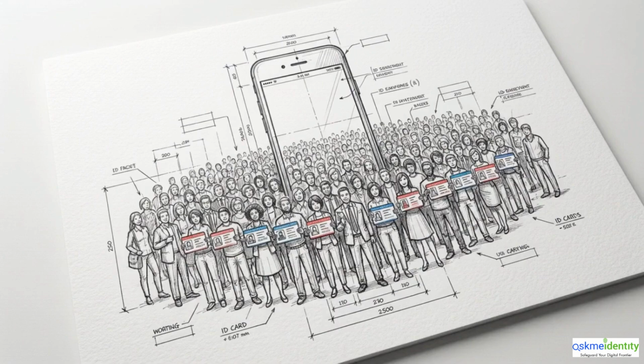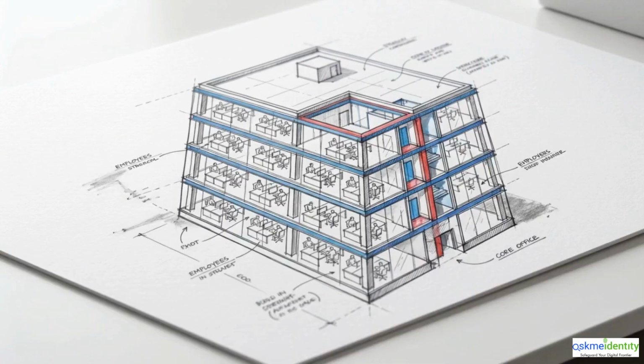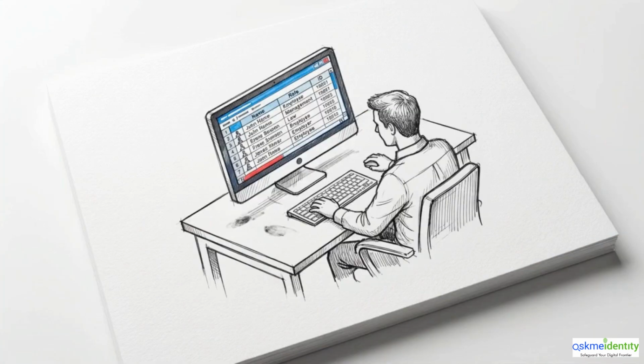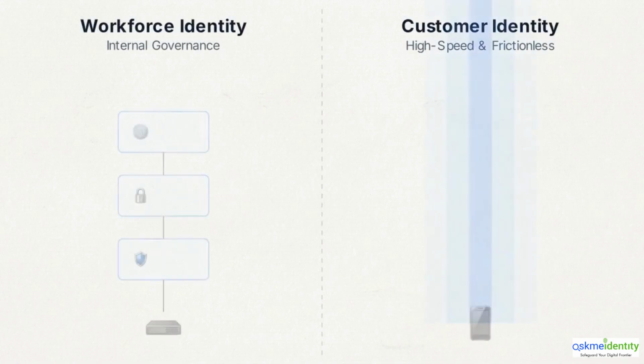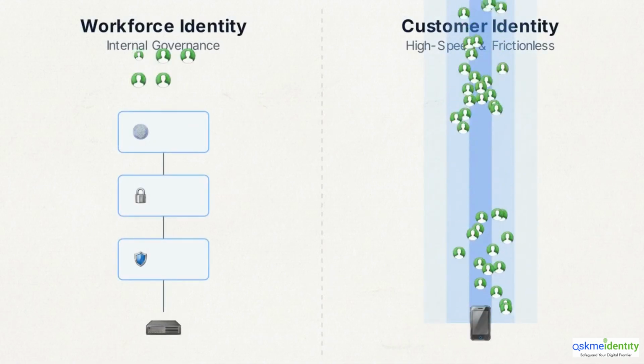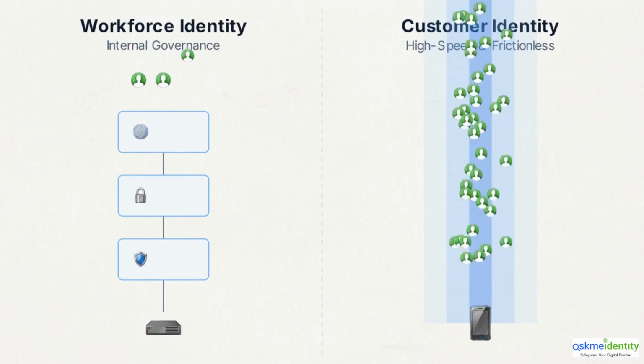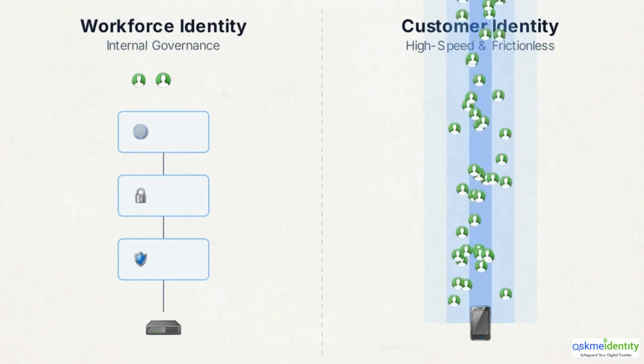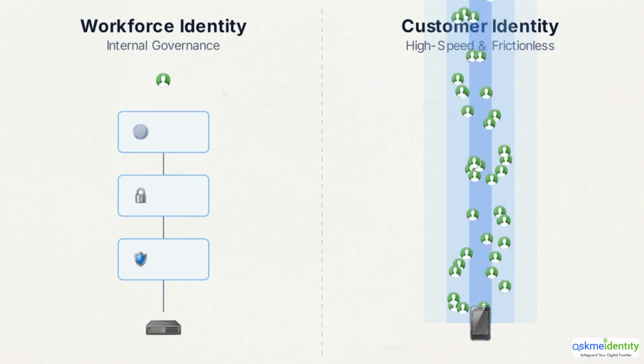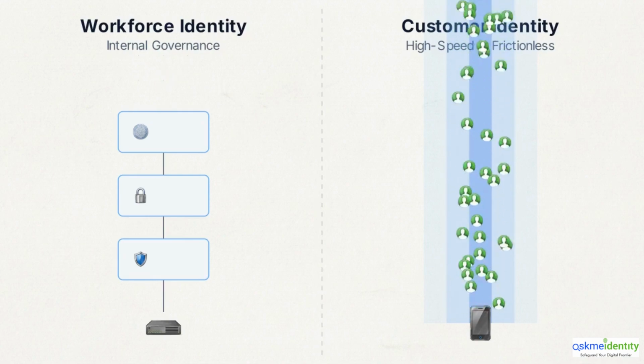Step 1, before we pick any technology, is defining who exactly is logging in. Let's start with the baseline you might already know: your internal corporate systems. Workforce Identity, or WIAM, manages maybe a few thousand employees, prioritizing heavy administrative governance. CIAM is built for millions of external users, where user experience and privacy are the primary focus. Trying to manage a massive customer base with rigid internal employee logic is a common reason why customer-facing applications fail